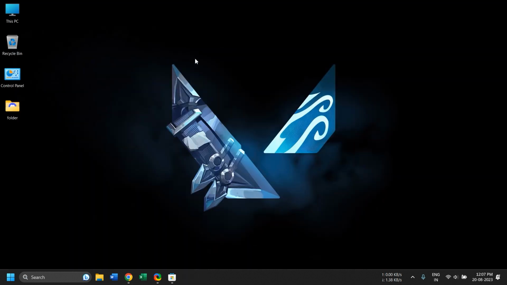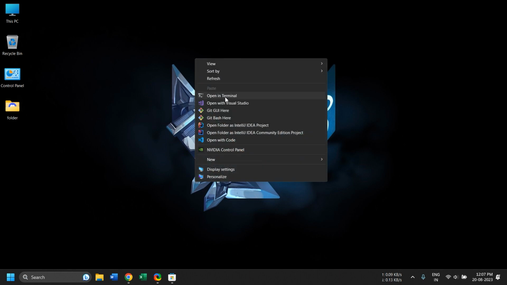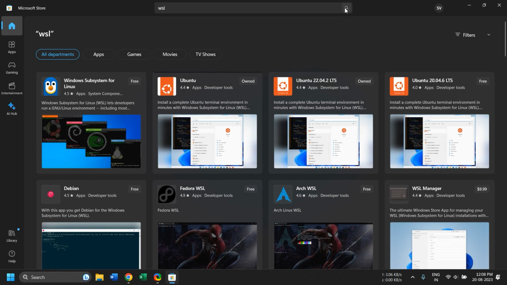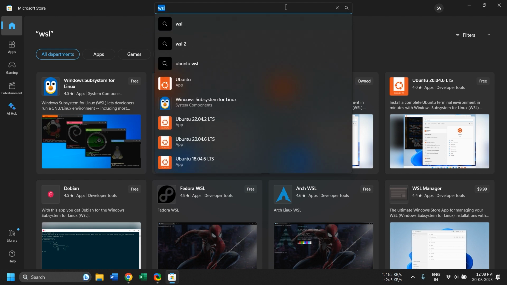The next feature is the Windows Terminal that they have implemented. Now again, this was already there in Windows 10, but in Windows 11 they have made the integration much better. If you may have used Windows Terminal or even tried to bring this open in terminal context menu, it is really difficult to do in Windows 10, but in Windows 11 it's there by default. If you just go to Microsoft Store, in case you don't have terminal installed in your machine, then you can just say terminal